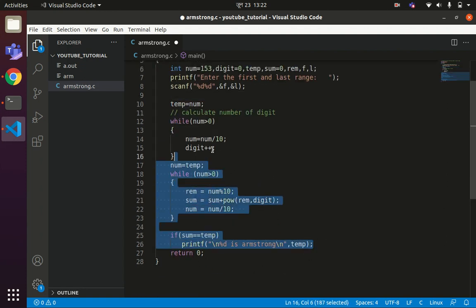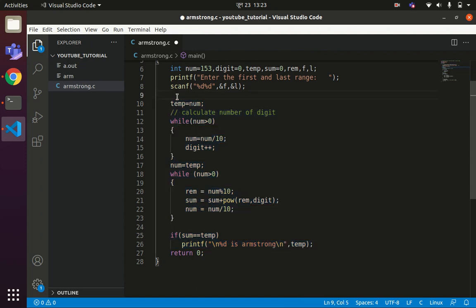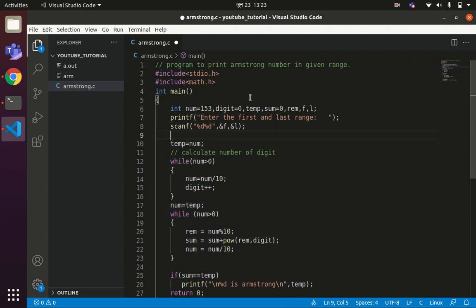So these operations should run for all the numbers within the range of f and l. We have to include this whole highlighted code within the f and l range. So I will define one loop, controlled by variable i.